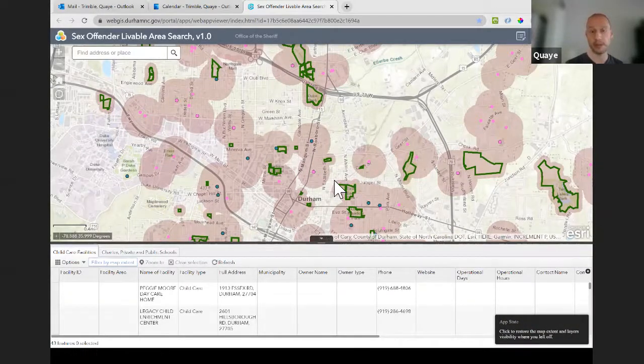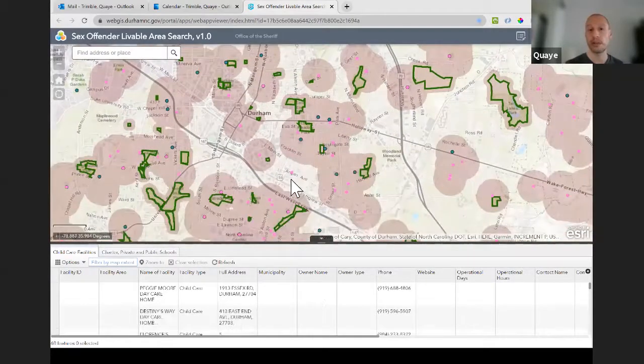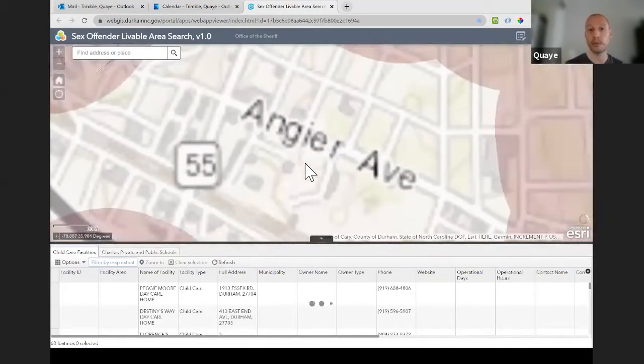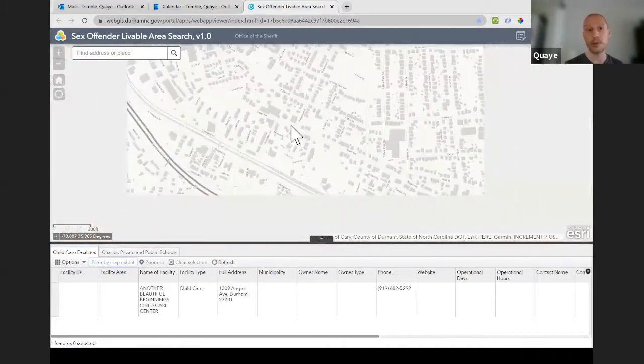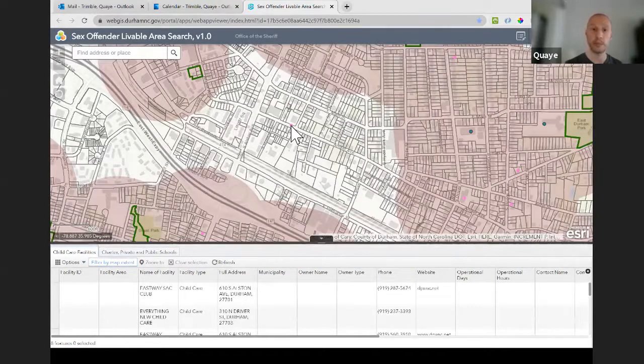purely for illustrative purposes. The pink points that you see on the map are our childcare facility locations. The blue-green points are schools, and then the green outlines are our parks, and the pink buffer areas are the exclusionary zones or the no-live zones. You can see here is an example where we geocoded a childcare facility to a street center line. So there was no buffer applied to this location, but we still provide the point on the map with a measure tool just to give the sheriff's office a reference, and they can work off of that.